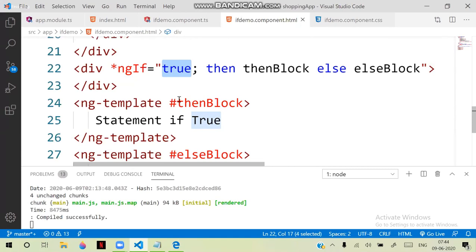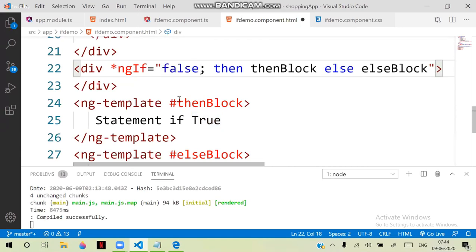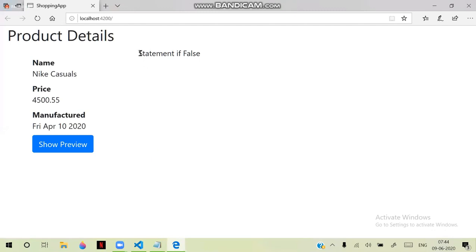If I define false and save this, usually this false should execute the else block and display the else block, and you can see statement if false will